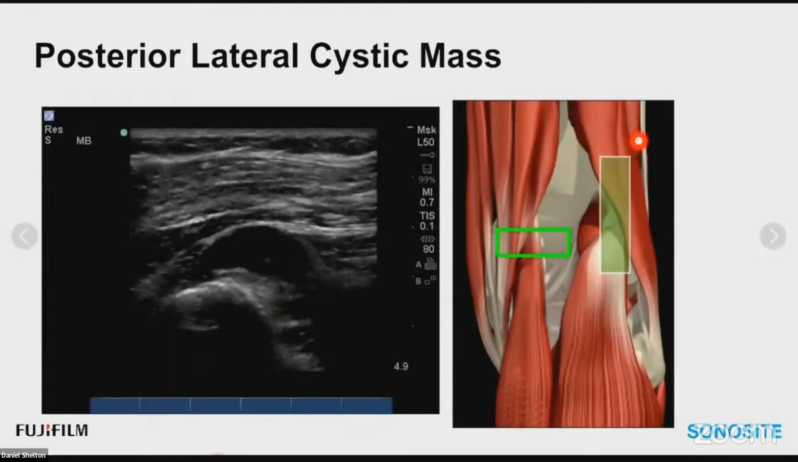What if we move lateral and we see a similar cystic structure? Is it considered a Baker cyst? It would be just considered a ganglion cyst. So the definition of that Baker cyst needs to be sandwiched between the medial head of the gastroc and the